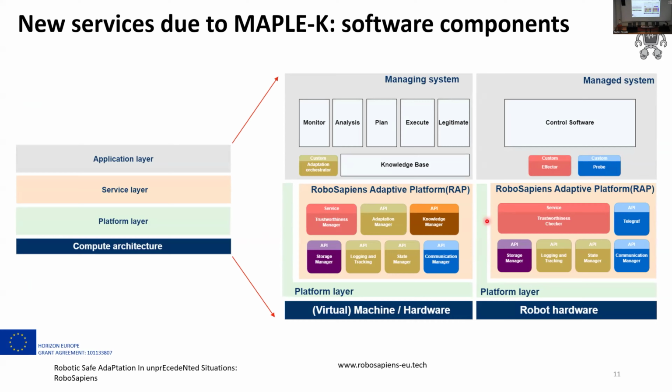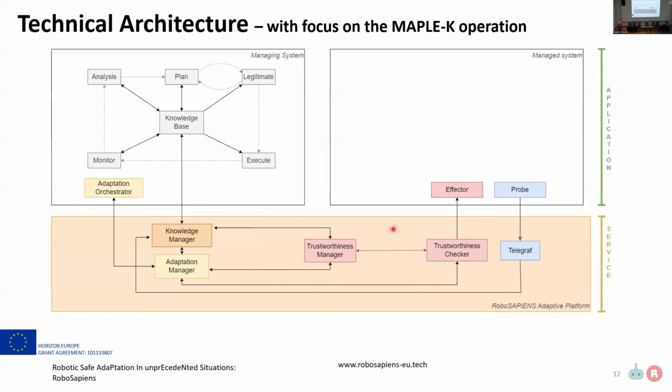So, okay, that's again what I've shown. And you find them here in the adaptive platform in the service layer here in pink. And here you have that service layer again. And this is just one example of what we can do. I will run over it just to show how it works. Here on the right-hand side, you have the application in the robot, the managed system. Here, left-hand side, MAPE-K again. I think you start knowing what this is about. And here, sensor information is being collected in the robot,